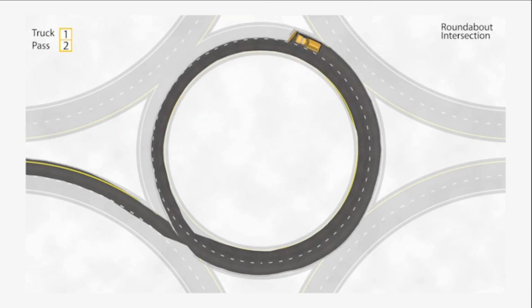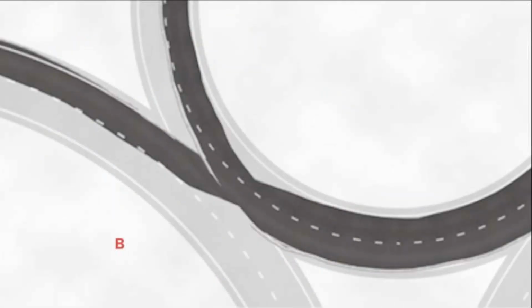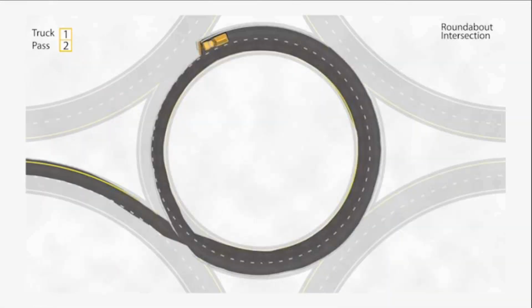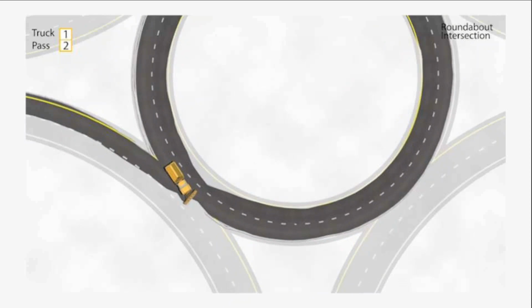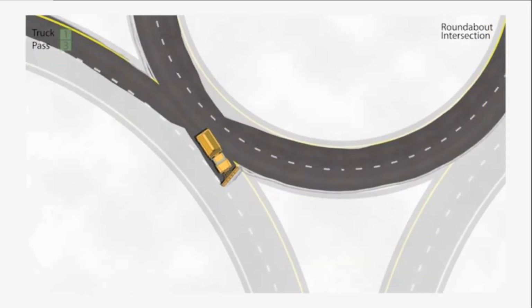Note that after the truck finishes passes 1-1 and 1-2, there is still snow left at the entrance and exit of the roundabout. This is bound to happen when using only one truck to plow roundabouts. As mentioned earlier, the goal here is to remove as much snow as possible and keep traffic moving. To clear those leftover areas, additional passes will be needed. As the truck arrives again at point B, it shifts